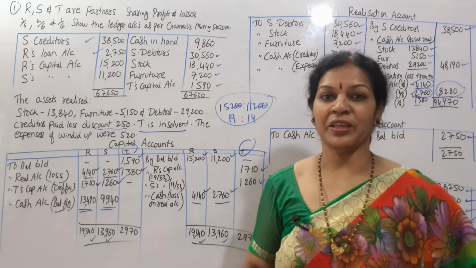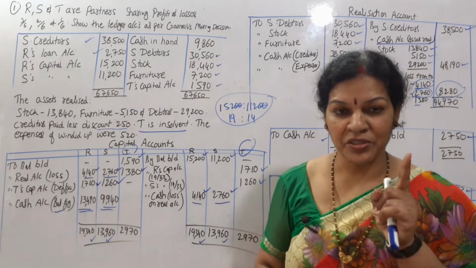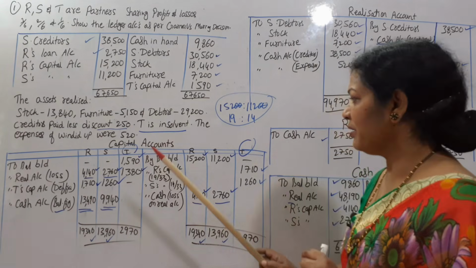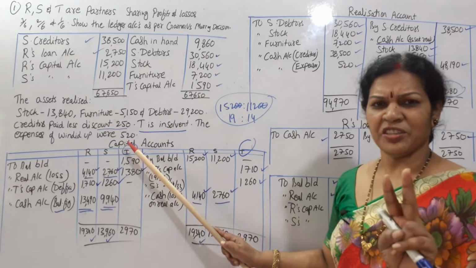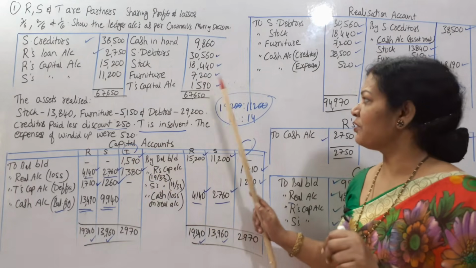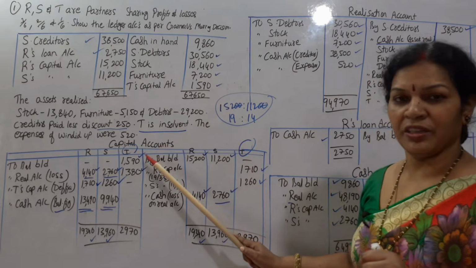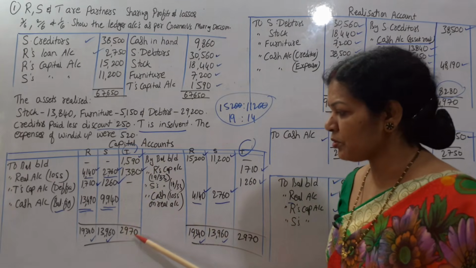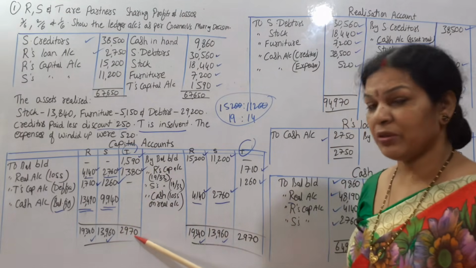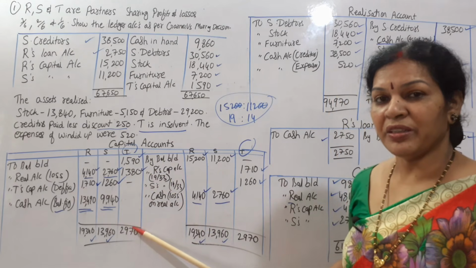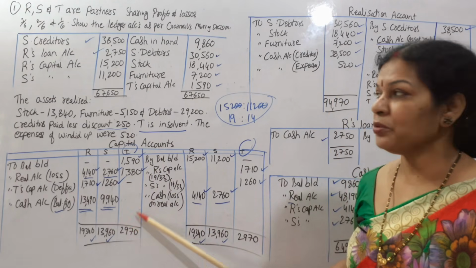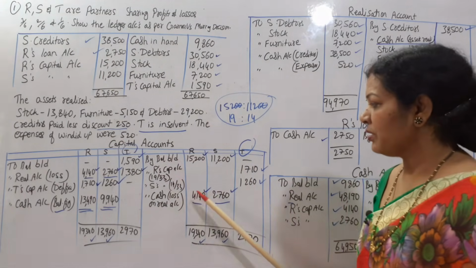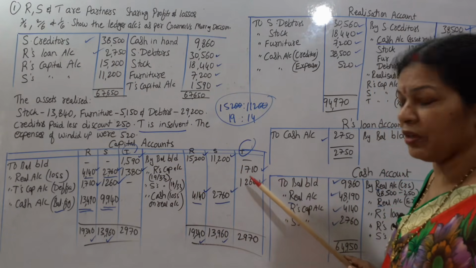Then after that, opening the capital accounts. In capital accounts, first see the insolvent partner. Insolvent partner is here T. T generally has two transactions only. His balance, like this one 1590, and realization loss 1380. That's all. So that's 2970. This amount is to be shared by the solvent partners. In which ratio? As per the capital ratio, this ratio. So they have shared it.